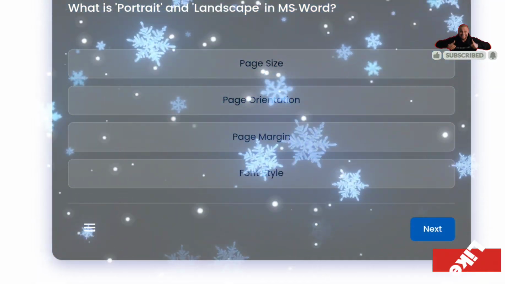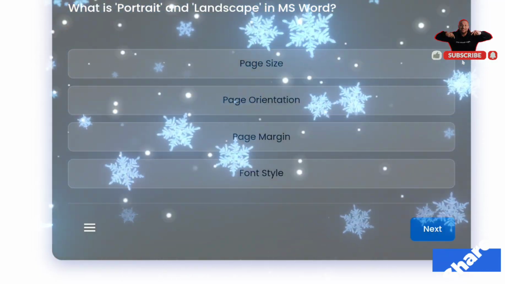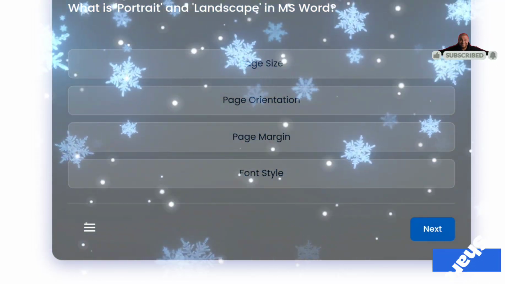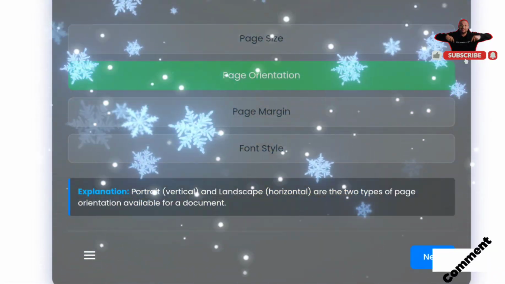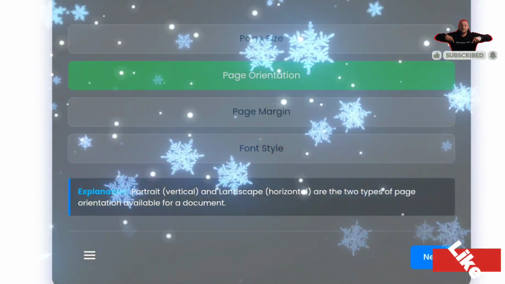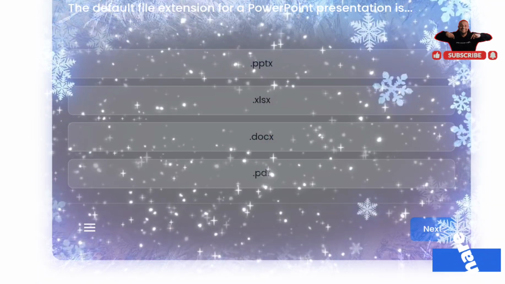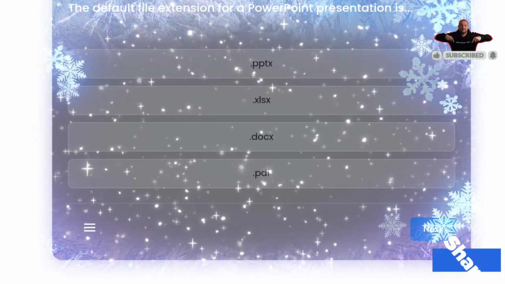What is the portrait and landscape in MS Word? What is portrait and landscape? वो क्या होता है, पेज ओरिएंटेशन में आप पोर्ट्रेट मीन्स वर्टिकल कर सकते हैं, लैंडस्केप मीन्स हॉरिजॉन्टल कर सकते हैं. ओके, नेक्स्ट क्वेश्चन. The default file extension for a PowerPoint presentation is